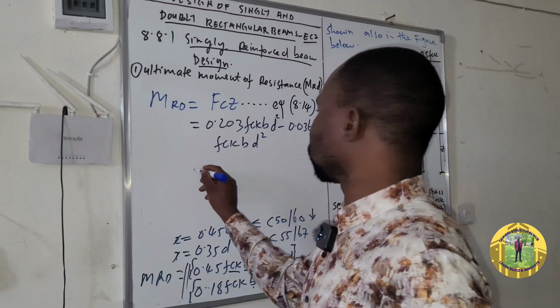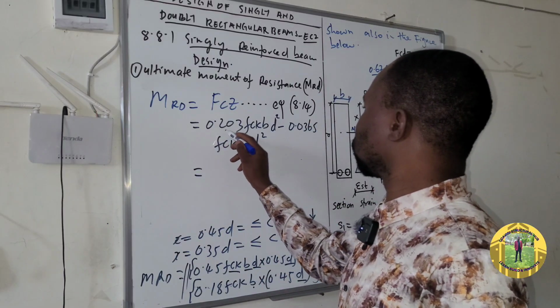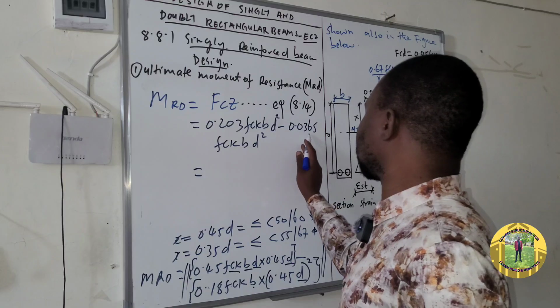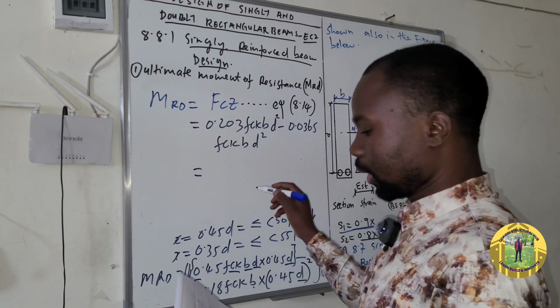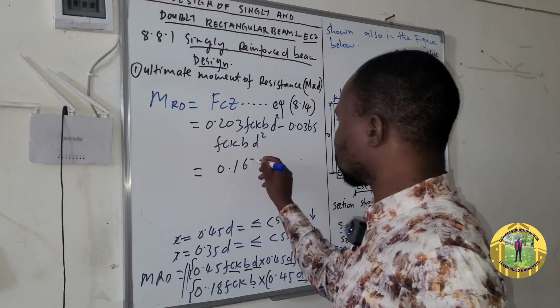So the final formula will be, if you take 0.203 minus 0.0365, you will get 0.167